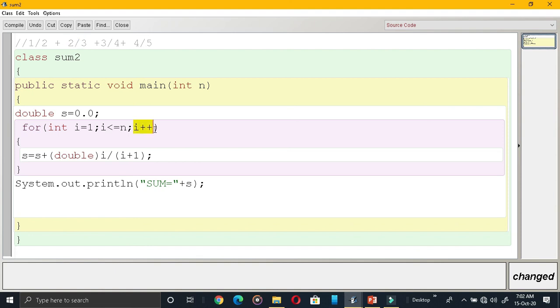Value will be increased and the condition is right, and coming over here, s is equal to s plus whatever sum is there plus double of I, that means 3.0 divided by 3 plus 1, 4. So this way it will keep on adding. When the loop becomes false, it will come out of the loop and this will be printed. The sum is equal to, where is the sum kept? In S. So that will be printed.